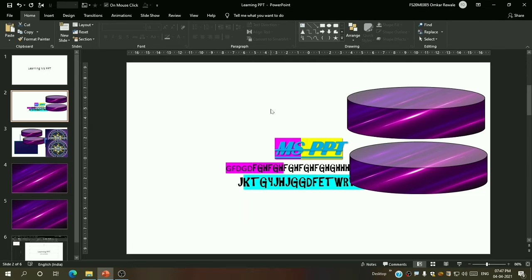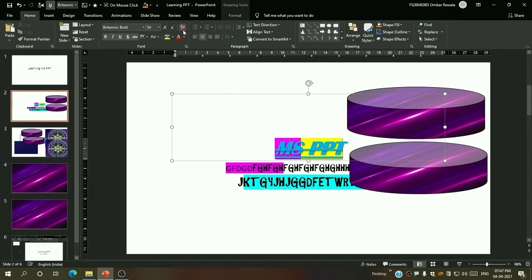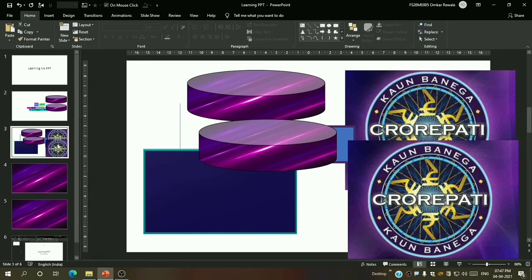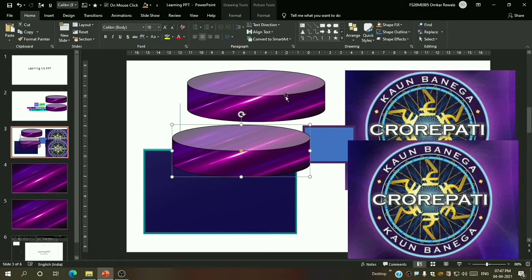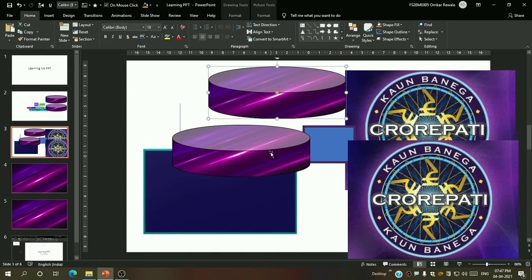Okay. So now there was one more option over here, formatting. Format painter, which is known as format painter. So what is this format painter? A format painter is a tool which allows us to apply one shape's formatting value to the other shape. Well, that's quite hard to understand. Let me show you how it's done.